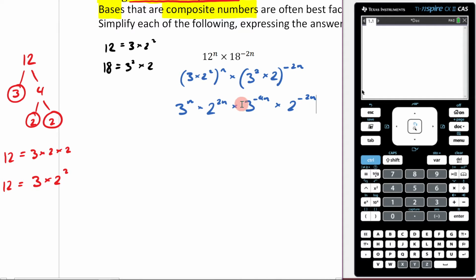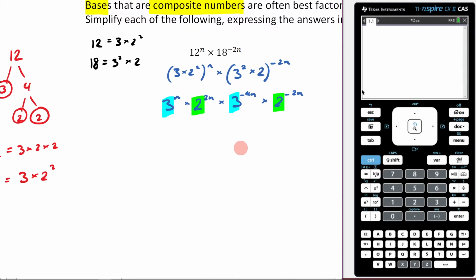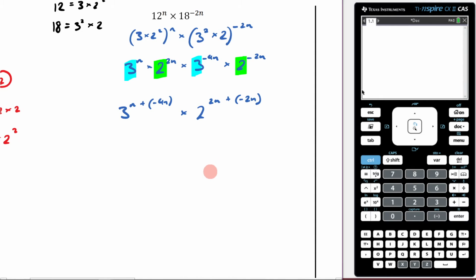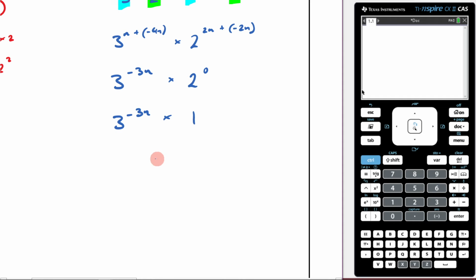Now, hopefully you can see that we've overcome our initial problem, and that is we now have the same bases. So those bases are the same and those bases are the same. That means I can use my index laws that tell me I can add the indices because they're multiplying. So that means I can say we've got 3n plus negative 4n, then times by 2n plus negative 2n. So I can add the indices because the bases are the same. Now that means I'm going to be left with 3 to the negative 3n. And over here, this is just going to be 2 to the 0. So this is going to be 3 to the negative 3n times 1, which means my answer is going to be